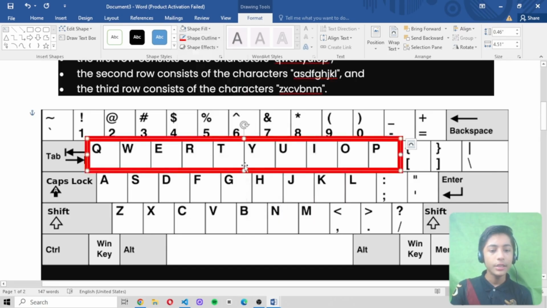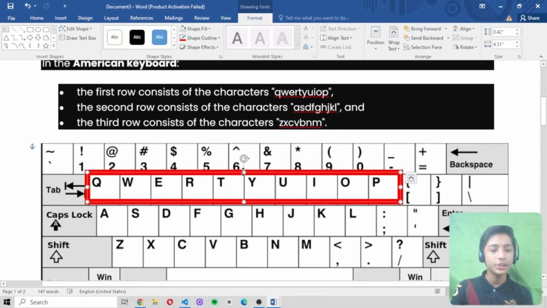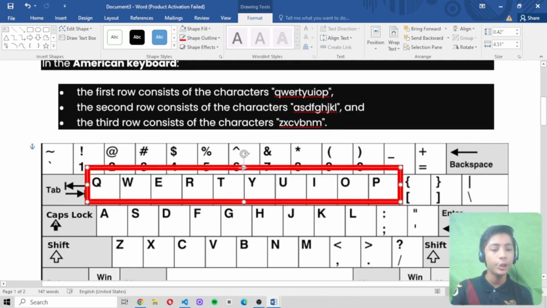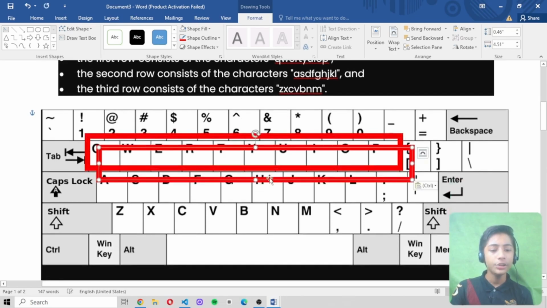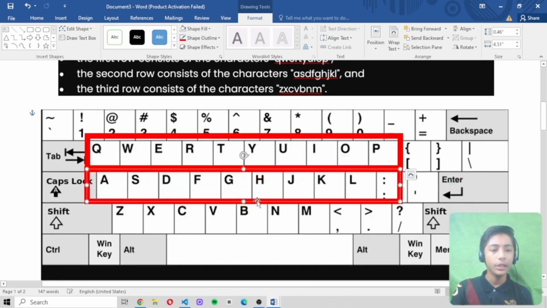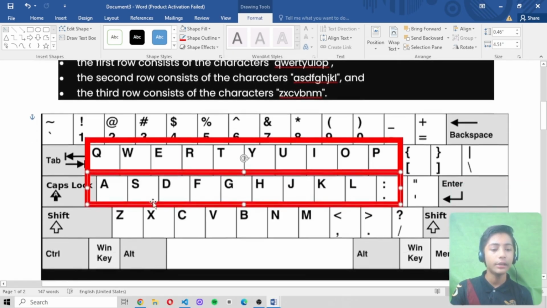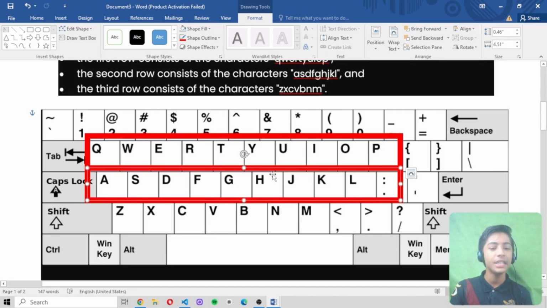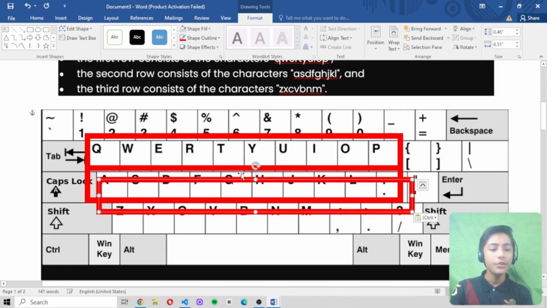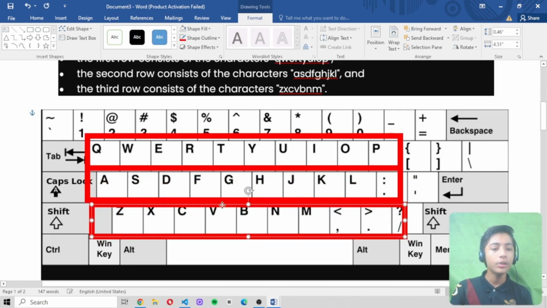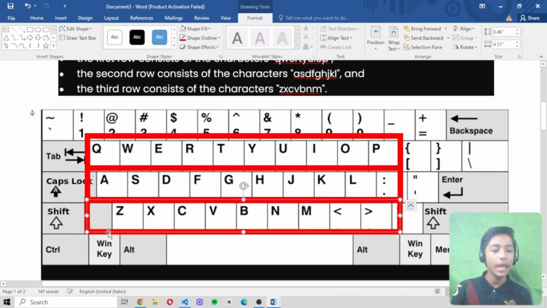If you see here, this first row consists of characters Q, W, E, R, T, Y, U, I, O, P. And in the second row there are characters A, S, D, F, G, H, J, K, L. The third row consists of characters Z, X, C, V, B, N and M. These are the American keyboards.